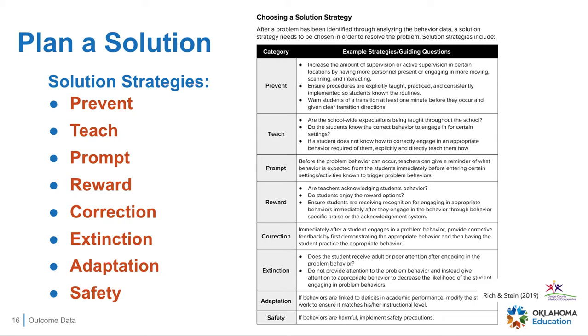Located within the resources of this section, you will find a copy of the Solution Strategy Guide. This guide includes several strategies that your team can use to create action steps to achieve your goal. For the playground, students may be physically aggressive over playground equipment or during activities. Explicitly teaching or reteaching the expectations and playground procedures may help reduce some of the arguments over equipment. Also,